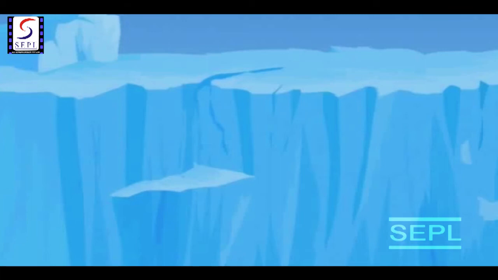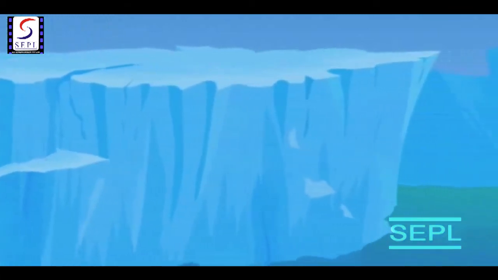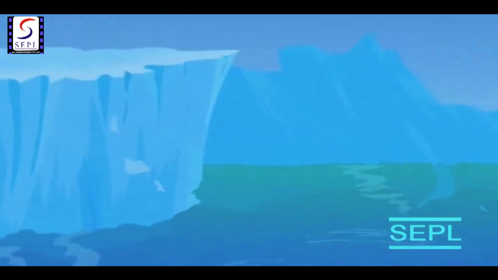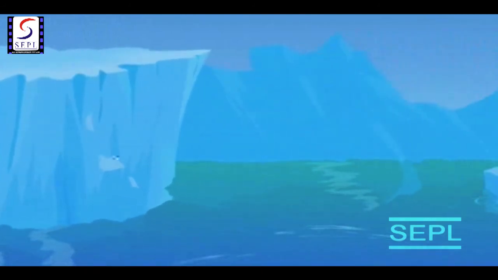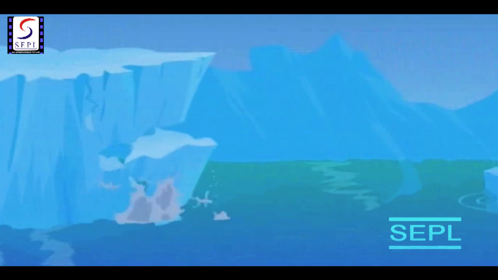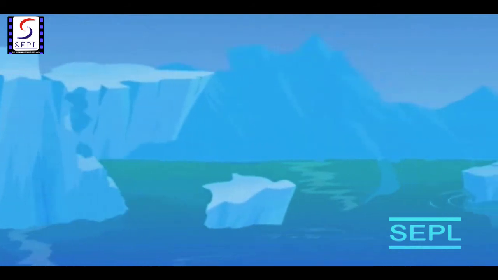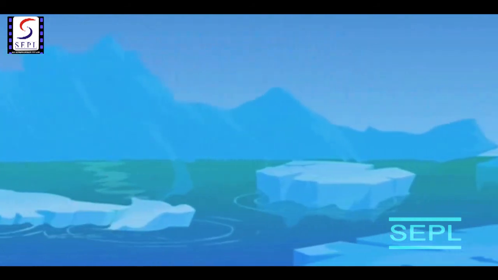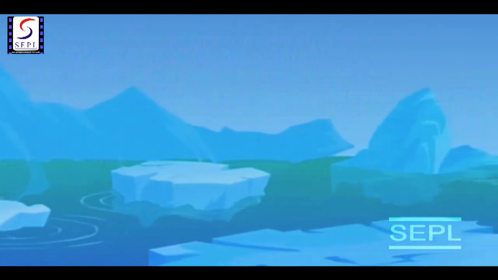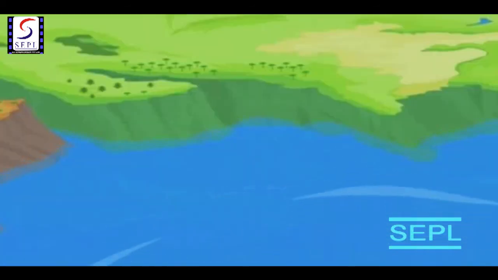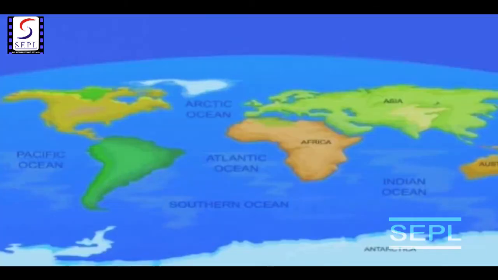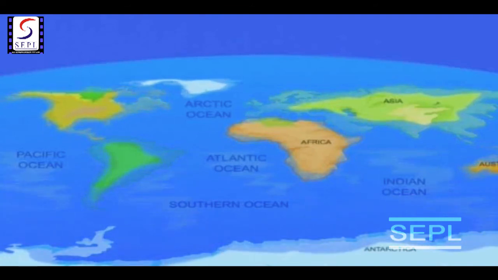For polar regions, global warming could be disastrous. As the world warms up, the ice of Antarctica and Greenland might begin to melt and run into the sea. This would raise the sea level, and the low-lying coastal areas would disappear underwater. Are we moving towards a future when the whole world will drown?